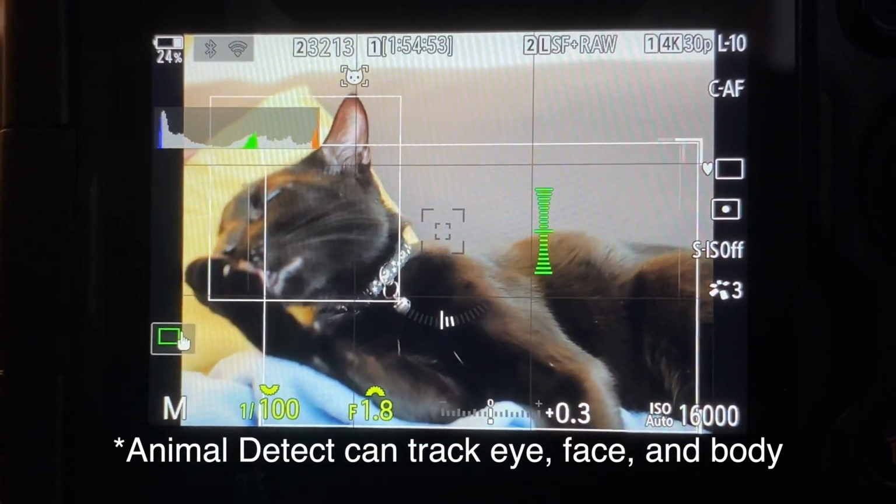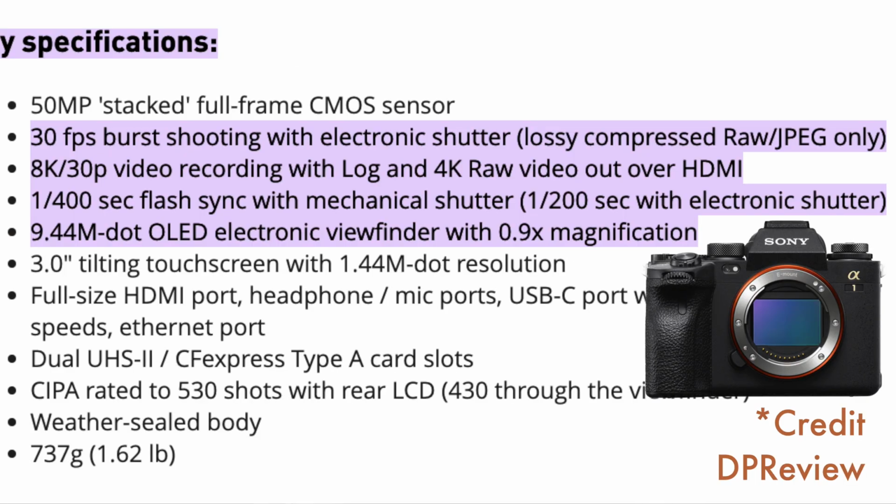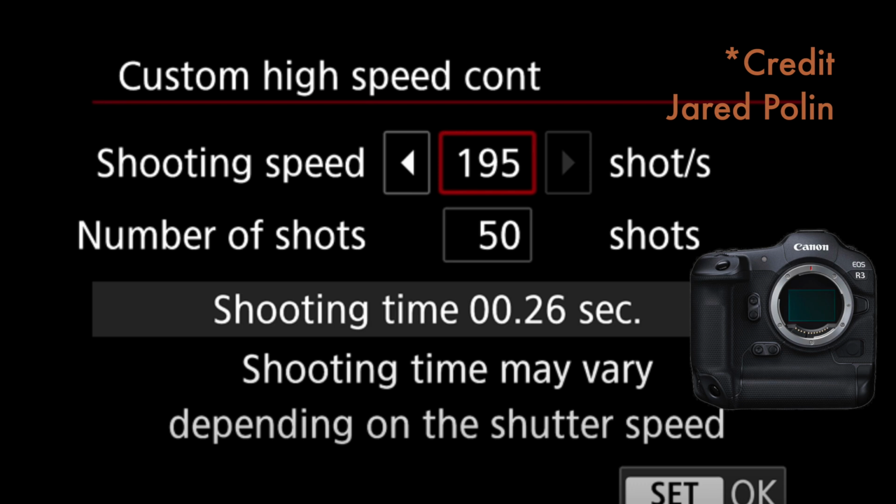The last thing that I think would be extremely smart to add is compressed RAW. The Nikon Z9 can shoot 120 frames per second, but can only do so in compressed 8 megapixel files. The Sony A1 can shoot 30 frames per second with continuous autofocus, but compresses 14-bit files into 13-bit, which doesn't sound like a lot, but it's not very fast in comparison. The Canon R3 can shoot at the speed of 195 frames per second, but it's limited to 50 frames max. The OM-1 can already perform at that flagship level while retaining the full megapixel, 12-bit file,